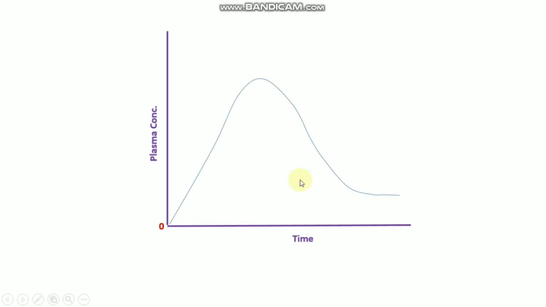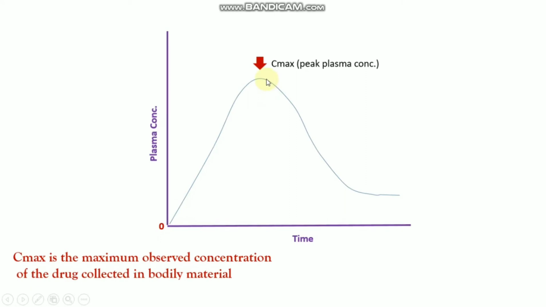So this is a very common and well-known plot, that is the plasma concentration versus time. In this figure, it indicates that the drug plasma concentration increases over time, but there is a certain point that is known as the Cmax or peak plasma concentration. So this point is the peak plasma concentration, or Cmax. It means the maximum observed concentration of the drug. So this point is the maximum concentration of the drug in the plasma,